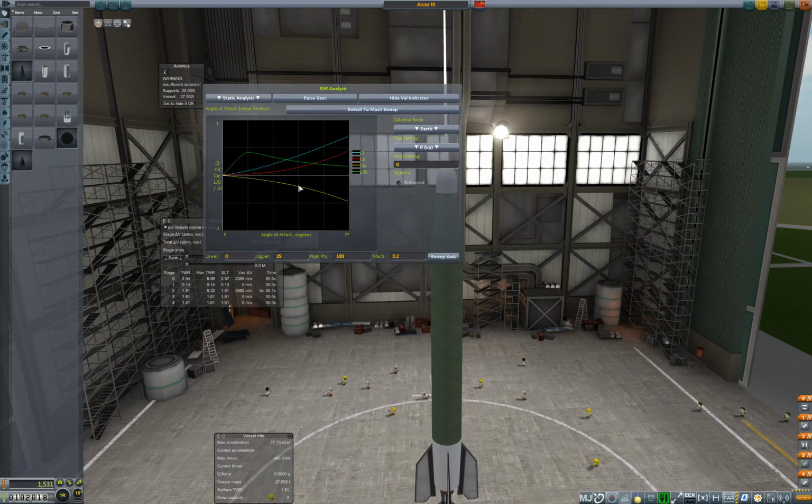Basically, it means at any given point along the sweep, the slope tells you what direction the vehicle will have force to turn in, what direction it'll have torque in. If it's downward sloping, that means that it will get pushed back up to here. And let's do a full sweep. So you can see basically where it crosses the x-axis is where your object will naturally align. If it crosses it more than once, for example,